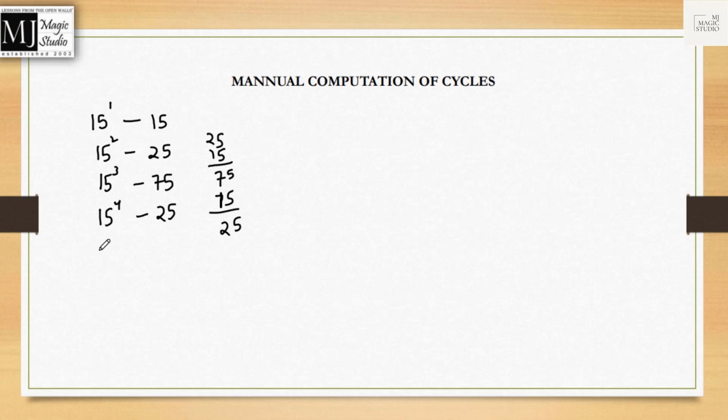So now here you can see that as we are moving on, we are getting a repetition of 25, 75, 25, 75, again 25, 75. This is what I mean by manual computation of cycle. Manually, if you can remember these for a specific number, then it is very fine. If you can't, you can try this out. Keep on multiplying a number repetitively and finding the last two digits of the power